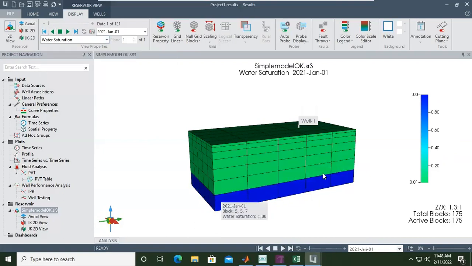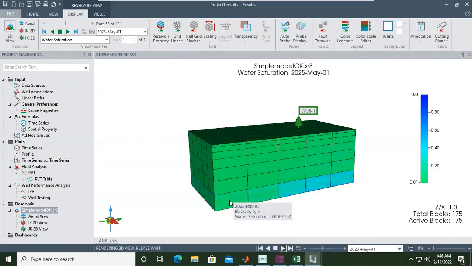So here we have high water saturation and low water saturation. And as we go to production, somehow this water saturation becomes smaller here, maybe because of production. Okay, and somehow the water goes somewhere, I think.